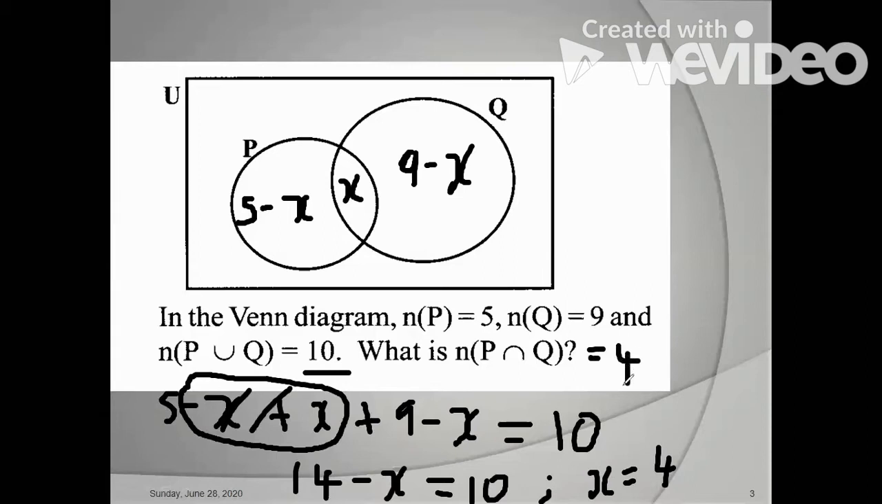Alright? So if I want to know how many members are in P only, not P and Q, it will be 1, right? X is 1. So 1 from 5 is what? 4. We know that x is what? X is 4 also. And this is 4 subtract 9, which is what? 5. Alright? Now if you were to add up all these numbers here,